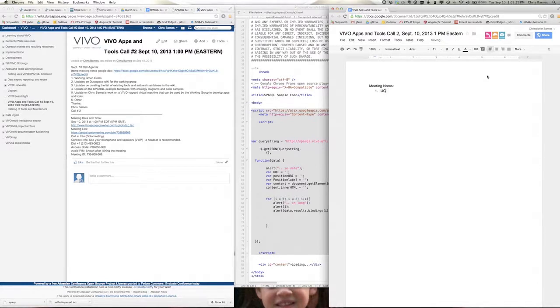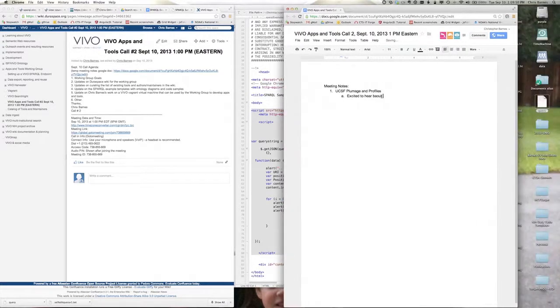So at UCSF, we're using Profiles, not VIVO, but they're interoperable enough for our purposes. We're definitely excited to hear about real-world use cases for some of these applications. We've been doing a lot of work with Profiles APIs and getting those out into the world. We have about 20 different on-campus groups that are using our data right now, and we're really looking forward to hearing about how more people use that data. We've spent a lot of money investing in our RNS, so we want to make sure that we can get the biggest bang for the buck.